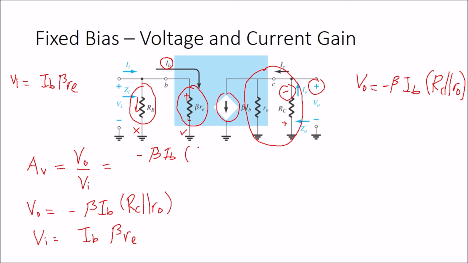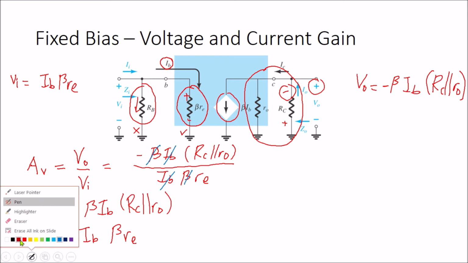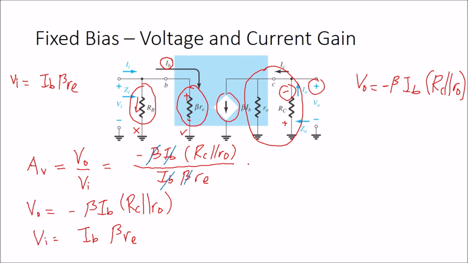IB RC parallel with R naught over IB beta RE. And then just cancel out beta and also cancel out the IB. And then we can find the value of AV is equal to minus RC parallel with R naught over